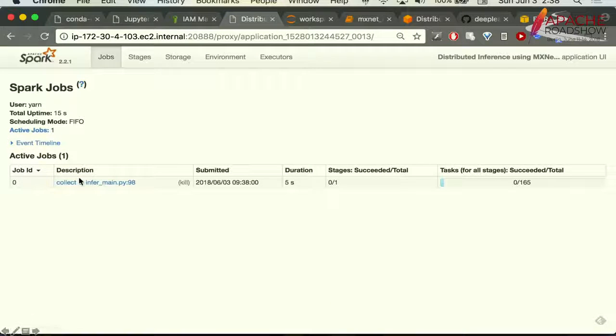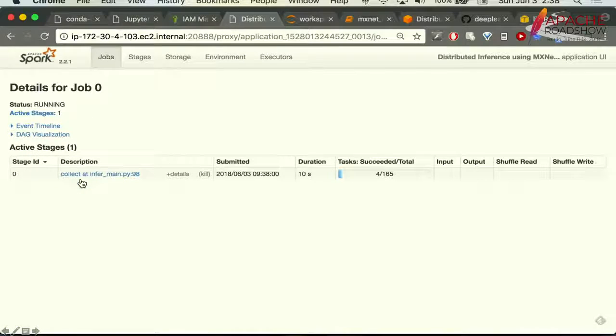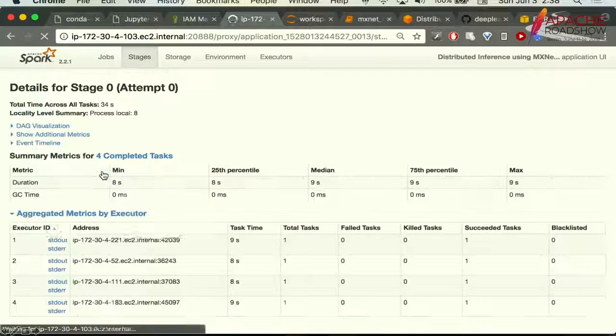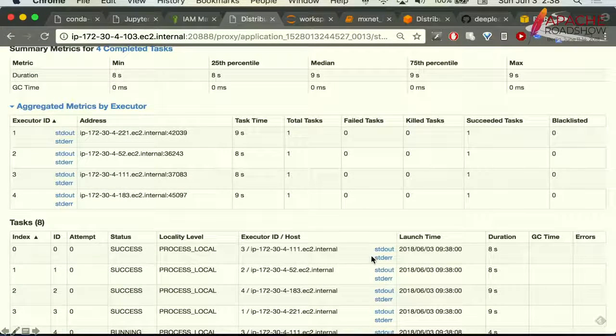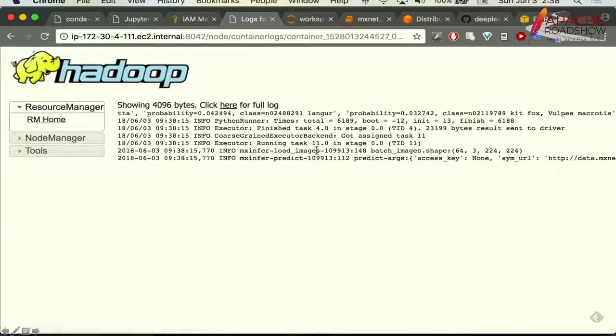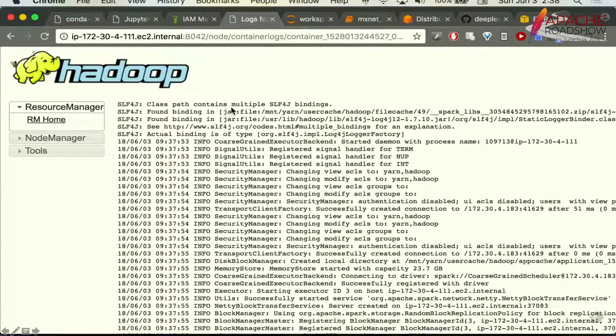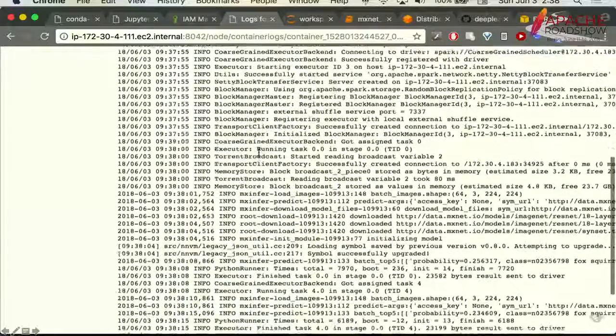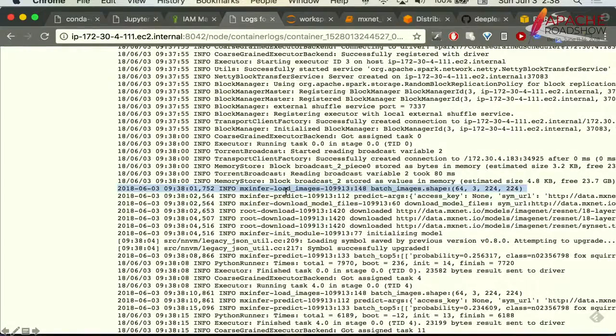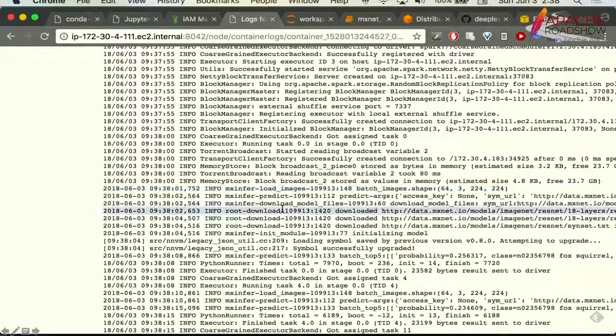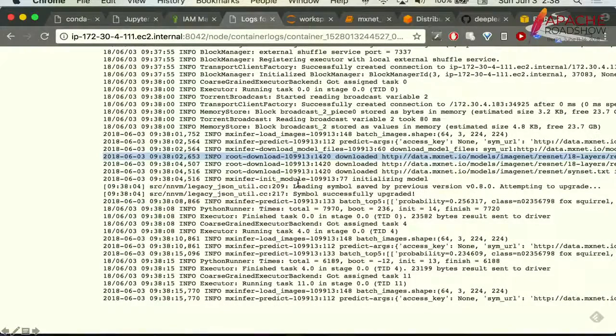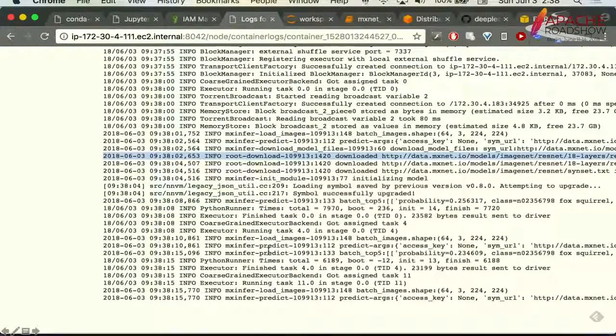It made about, let's see. Okay, it made about 165 partitions because the batch size was 64 and there were 10,000 images. Let's look at some logs to see what it's doing. You can see that it's downloading the model, and it's created the symbol.